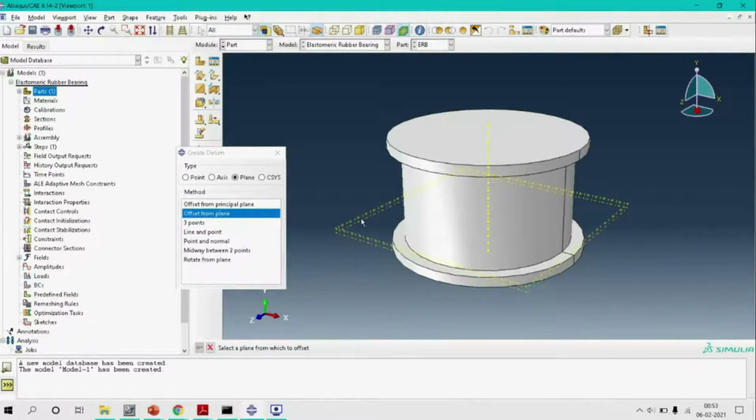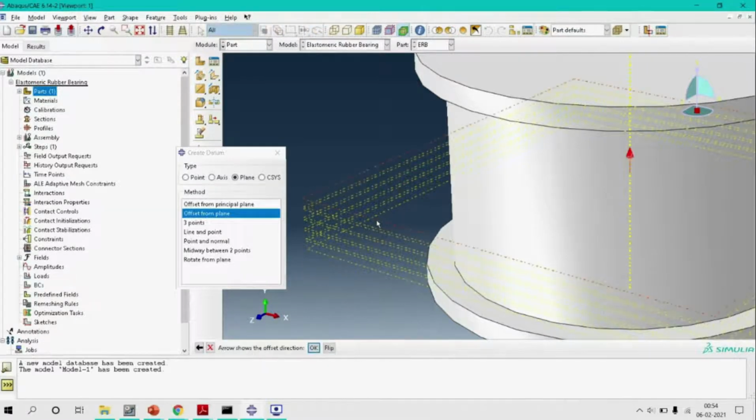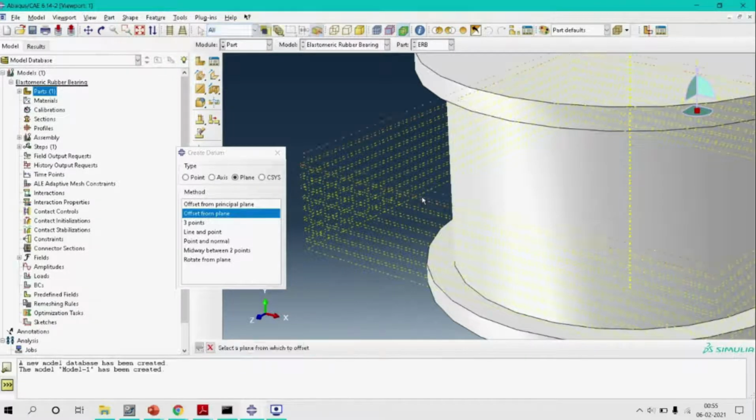Similarly, we have to do it for all the other planes. So this completes our creation of datum planes.